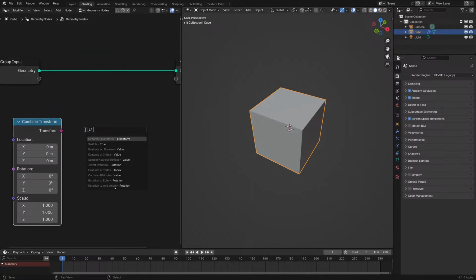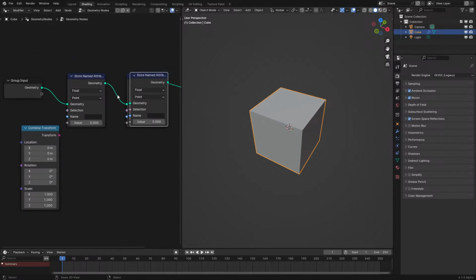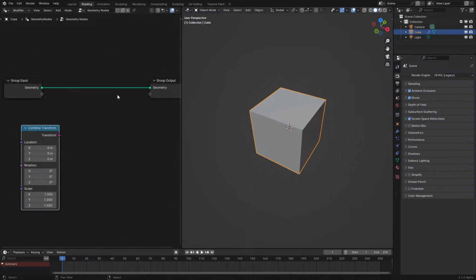But this node will simplify quite a bit, and I think a lot of people who wanted to use Blender from Houdini and other programs will really like this change, because it's more official than storing a named attribute for location, rotation, and scale. But then again,